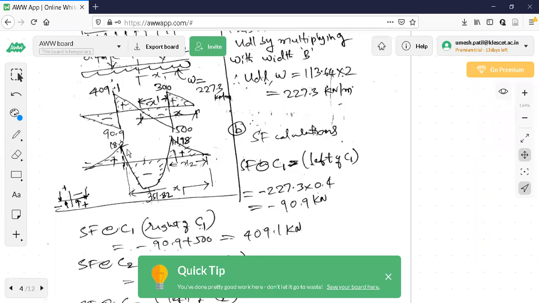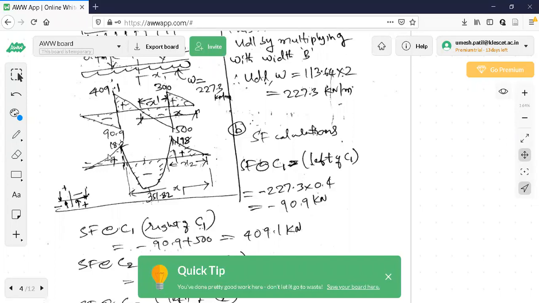Usually, for economy, I should multiply this by 1.5, find the factored moment, calculate the steel, and provide that much steel under column C1. Again I should multiply 198 by 1.5, calculate the reinforcement for that moment, and provide that much steel below column C2. This is usually practiced in real life. In real life, to save the quantity of steel, this can be done. But in the examination, it will be a waste of time.